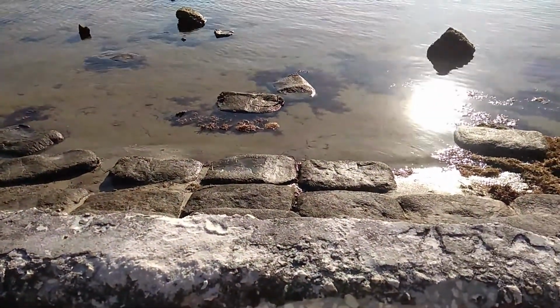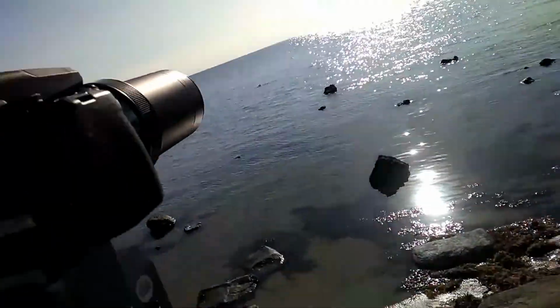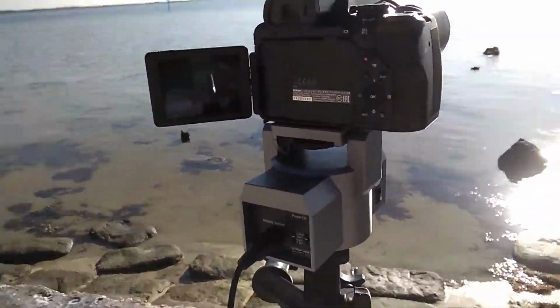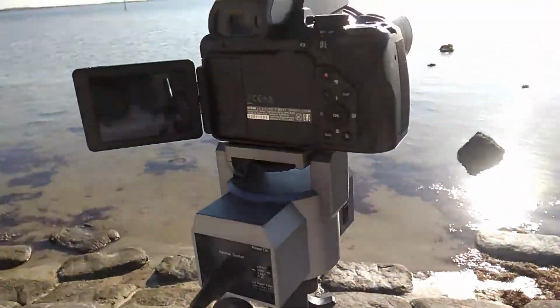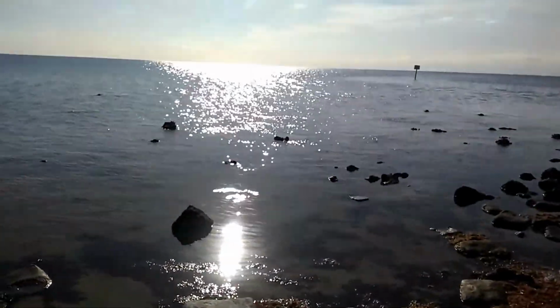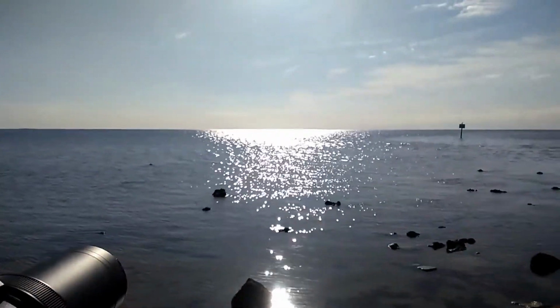Tide's out a little ways. But I do got my camera down low, fairly low. And I will try to get it down lower if the tide continues to go out. Now I'm out in that area there